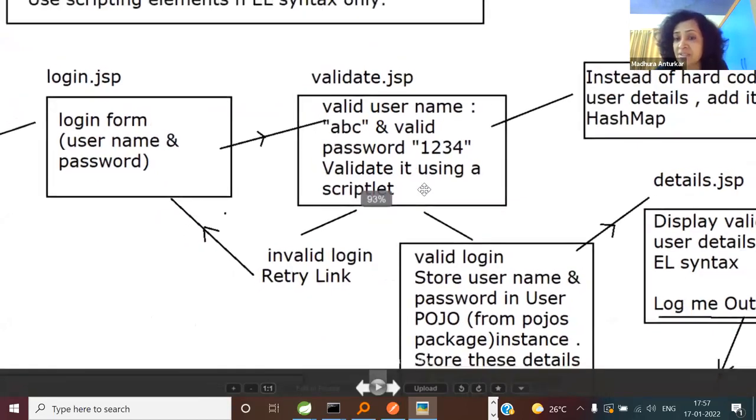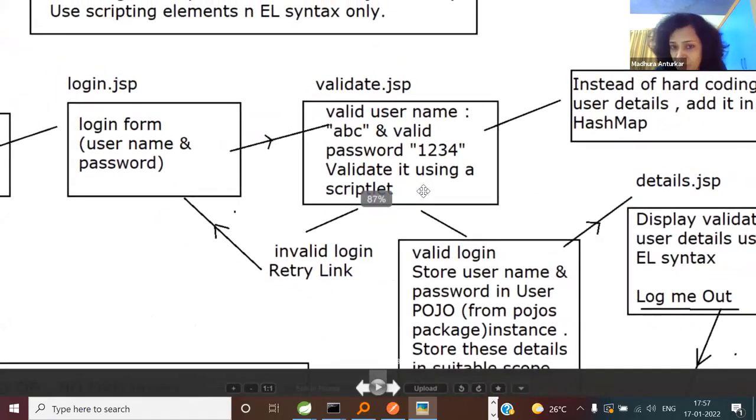Can you write really a business logic in an expression? Absolutely not. So visualize a scriptlet. And what kind of validation logic you'll write? We used to write it long back in core Java. So username is the key. So you will first use hm.get, basically get the user, match the password.